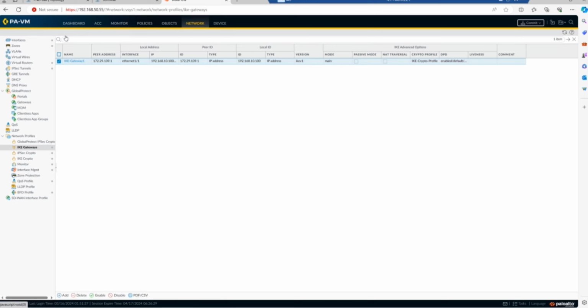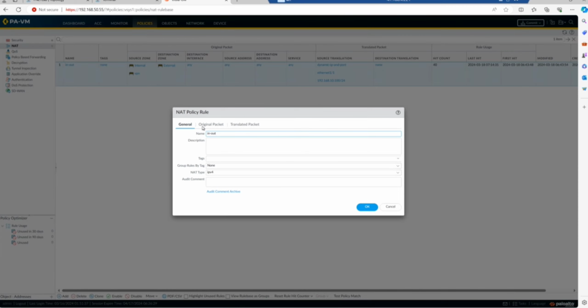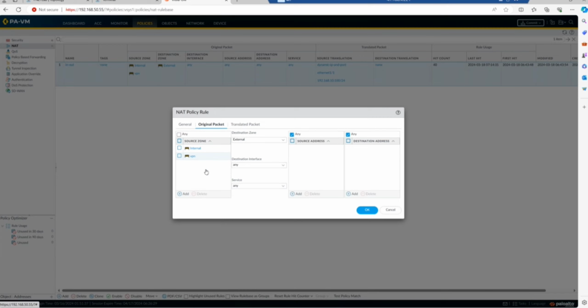In the advanced option, we have selected main mode. Looks okay from the settings perspective. I think let's cross check the NAT rule, whether it's taking place properly. Any issue with that? So for the NAT rule, we require the original packet to come from the internal VPN and go to the destination zone. Or instead of that, if I say specific interface H1,